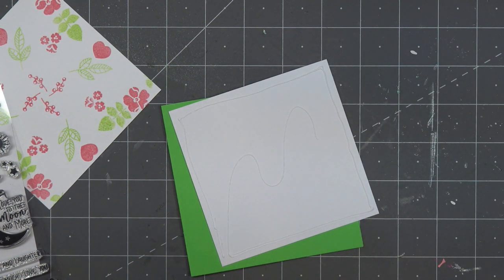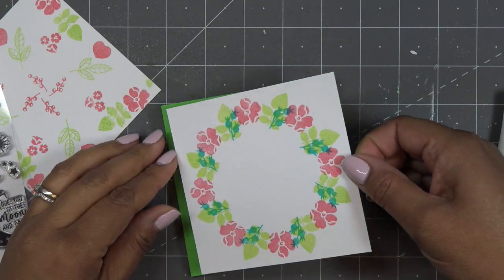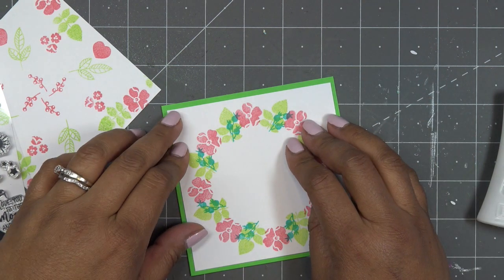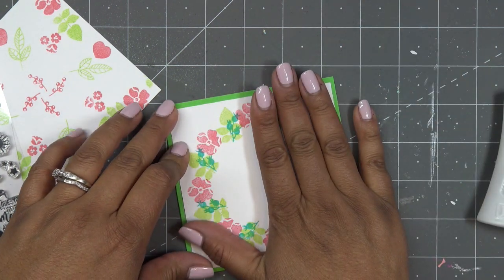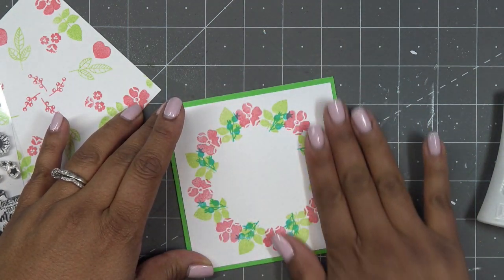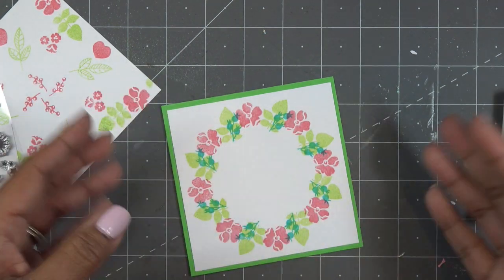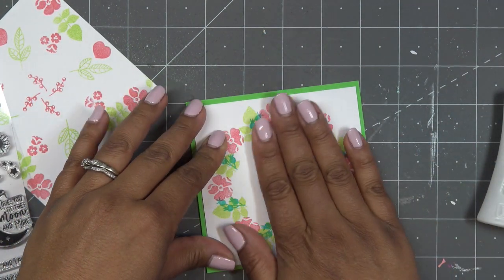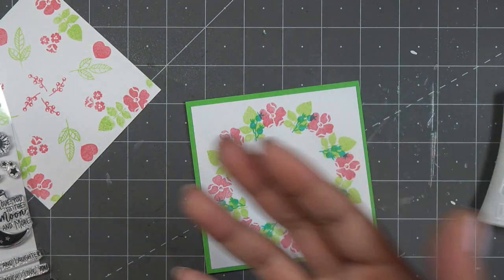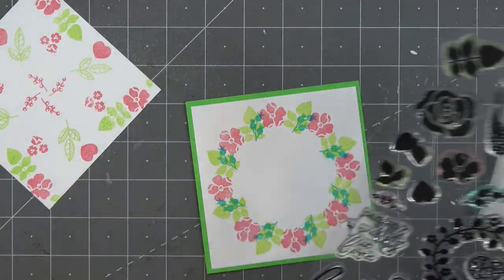I know they've done that in the past. I remember Anna Griffin, I think she had granddaughter spelled wrong in one of the stamp sets, and so she sent us just that stamp, right? And it usually comes from HSN. And a couple other times things like that happened, or even when they recall something, they either have you ship it back or they give you your money back, knowing that it's recalled or whatever. So I hope for this one they can just send us a little something. I don't want to return it. I like the idea. I like the auto ship. So this makes me very sad. You know, us crafters, we get like,